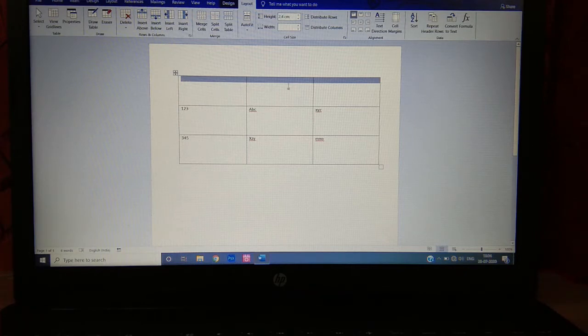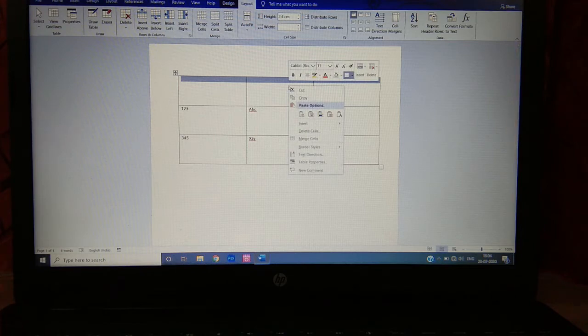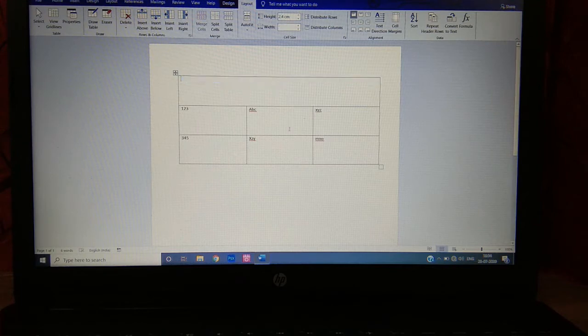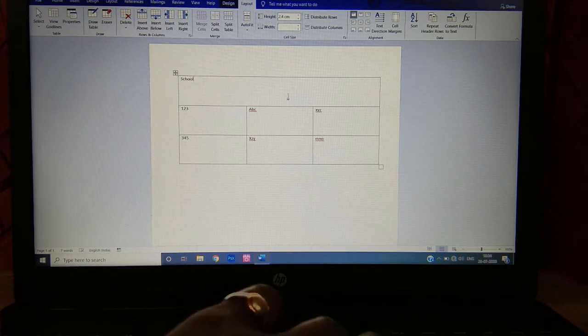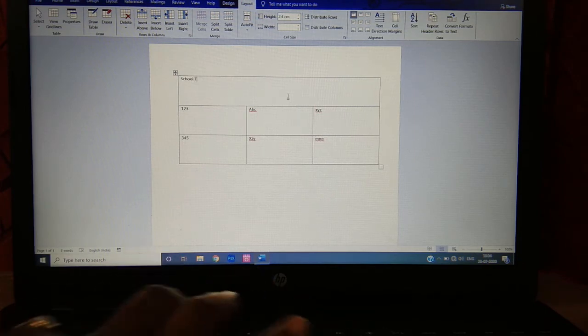Next, we have to right click on the mouse and click on this merge cells option. See what happened? The three columns is totally merged into one. Suppose we are writing the school table